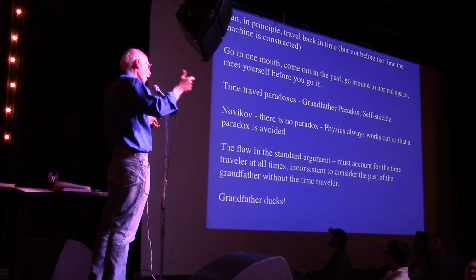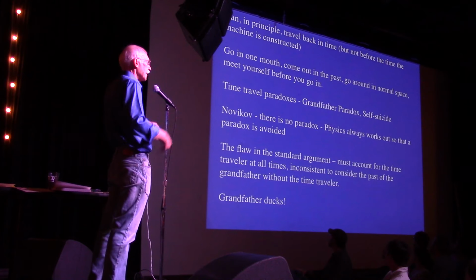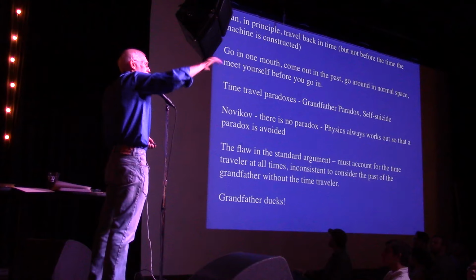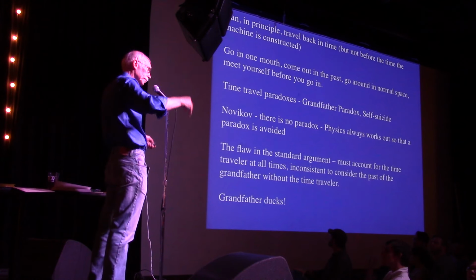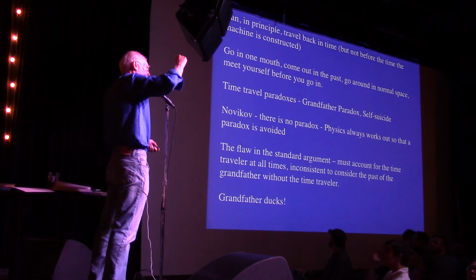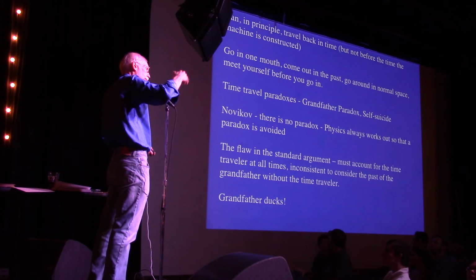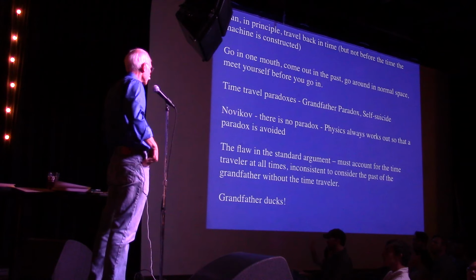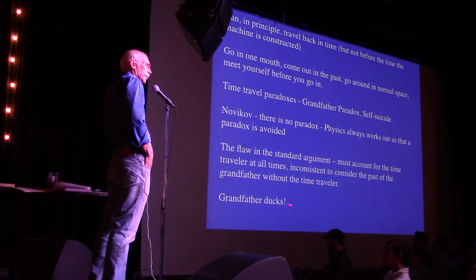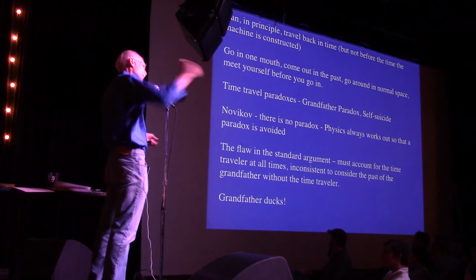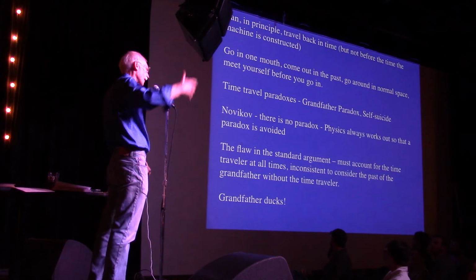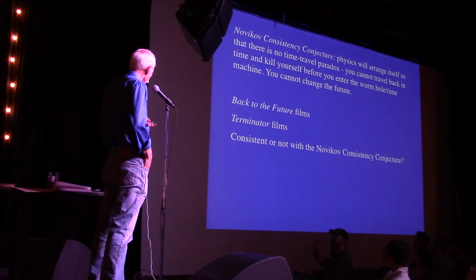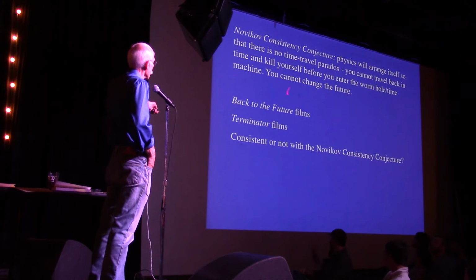And he found the flaw in the standard argument. The standard argument is to think of grandfather there by himself, and then he meets your grandmother, yada, yada, time machine, you come back. You have to have the time traveler in the argument in the first place when you first consider it. You can't consider granddad alone if eventually there's going to be a time traveler. So grandfather's a young, spry guy. He ducks, and he punches out the time traveler. And no, he's not dead. And he goes on to, anyway. Very, very interesting idea. So there's a Novikov consistency conjecture,